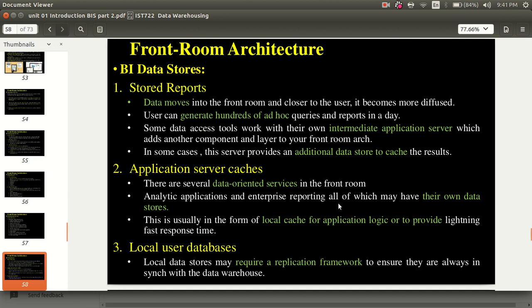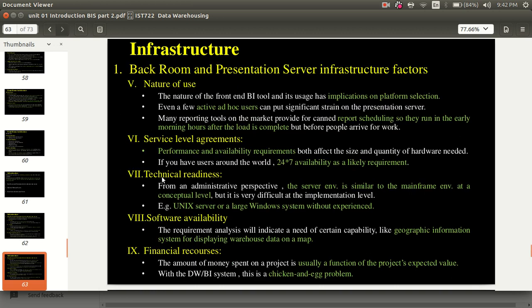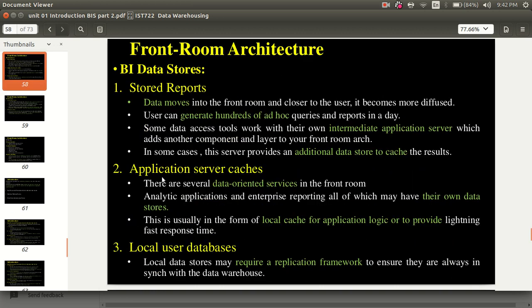Next, the BI data store. The first one is stored reports, next is the application server caches, then local databases. Stored reports: as data moves into the front room and closer to the user, it becomes diffused.